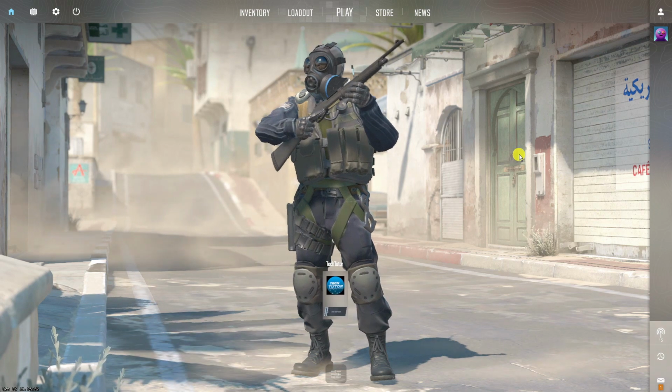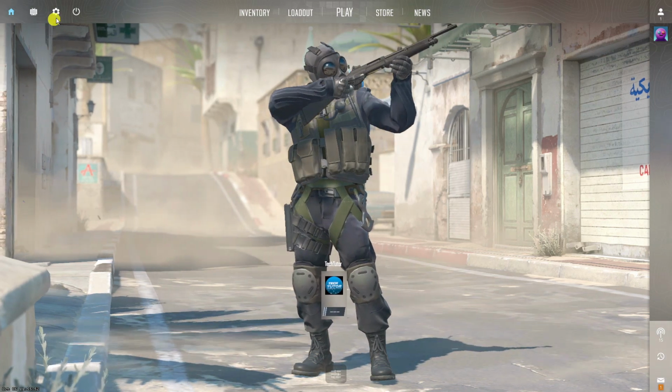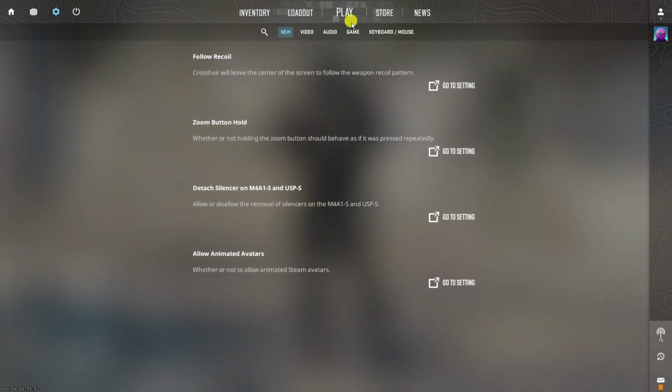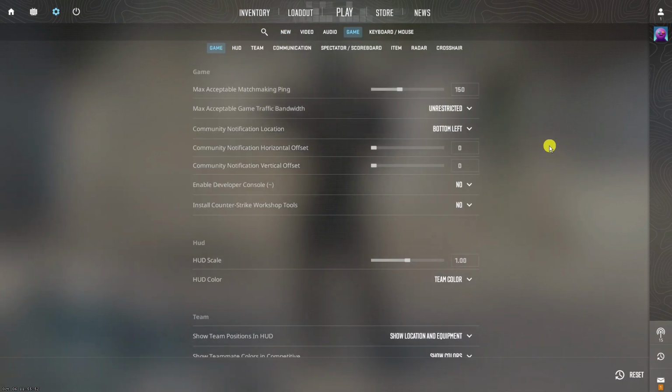Now the first thing you're going to want to do from here is come up to the settings in the top left hand corner. That's this gear icon up here, and you want to press onto game. Underneath game, if you look towards the bottom, there's an option which says install Counter-Strike workshop tools. Make sure first this is changed to yes, to enable us to install